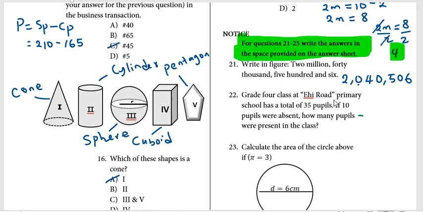Okay, the next we'll have grade 4 class at Ehi Road Primary School has a total of 35 pupils. So in this class, the total number of persons in the class is 35. Okay, if 10 pupils were absent, now absent will have 10. How many pupils were present? So present we should have 25. And how are we getting this 25? You get 25 by simply saying